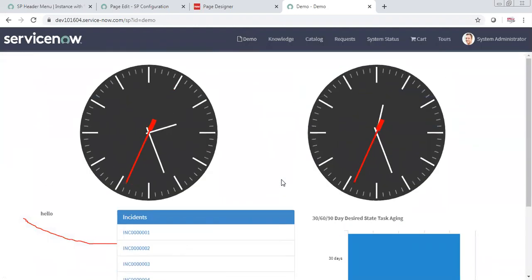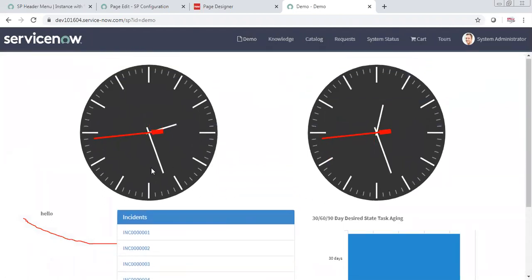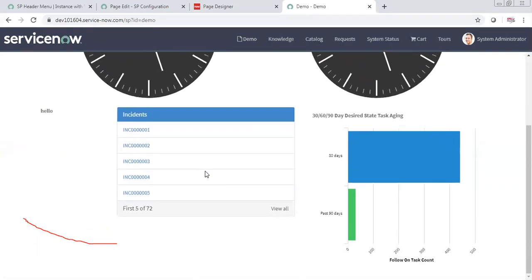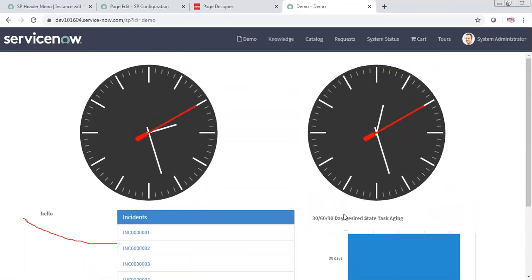So in ServiceNow, it's not very difficult to design a page. If you have simple reporting requirements like this, putting some records here, displaying something, you can design a new page and link it to your service portal, sometimes even without scripting, because ServiceNow has provided a lot of reusable widgets. Similarly, if you want a report page only, you can use the report widget multiple times and put the desired reports on the whole page. So one page will have different reports.